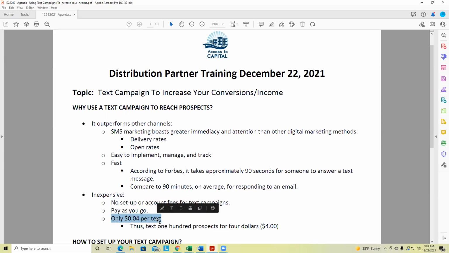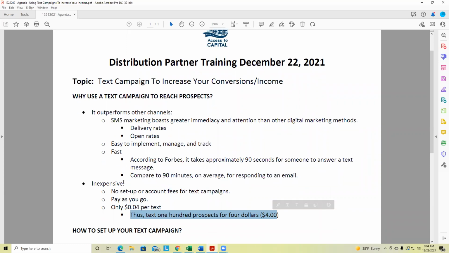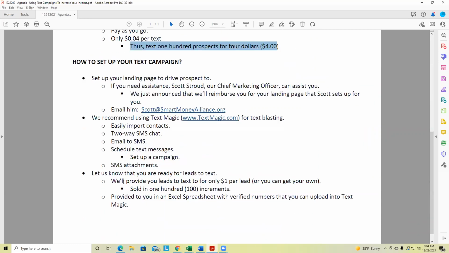Maybe you think that's cheap. I think it is. Maybe you think it's expensive. If you want to try to negotiate with them for better, I don't really care. I don't really have a dog in that fight, as they say. But frankly, you're only spending $4 for every 100 leads you reach out to. So that's not bad at all in my book.